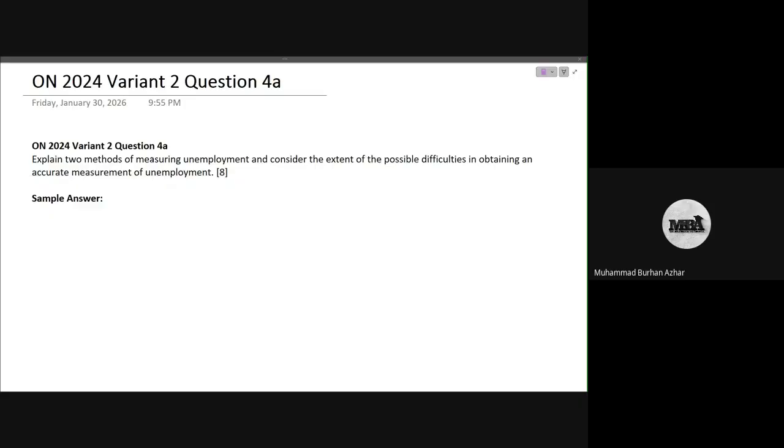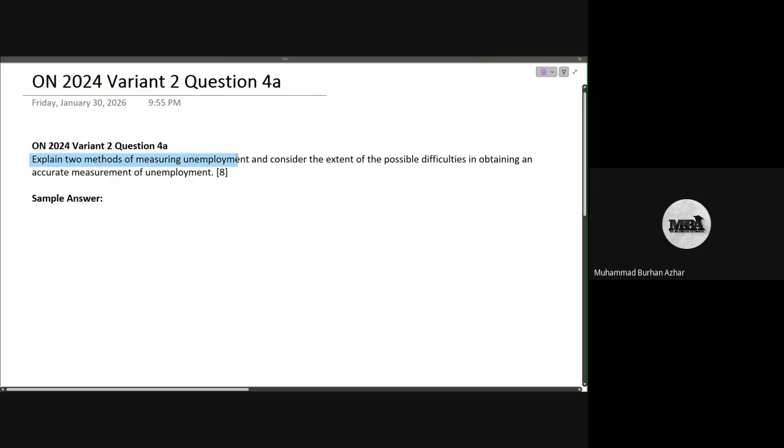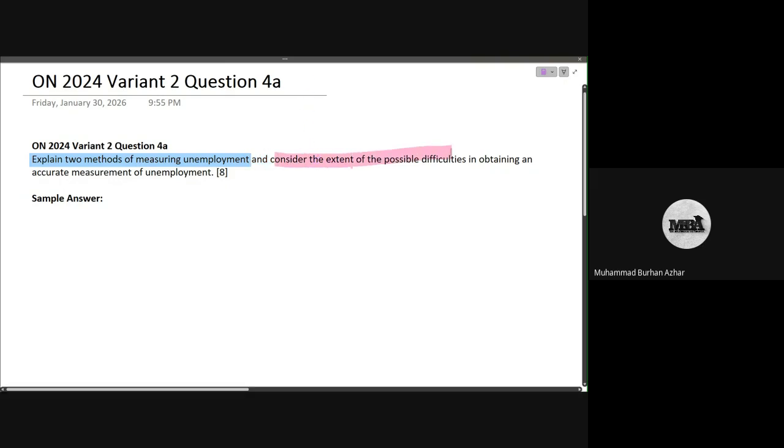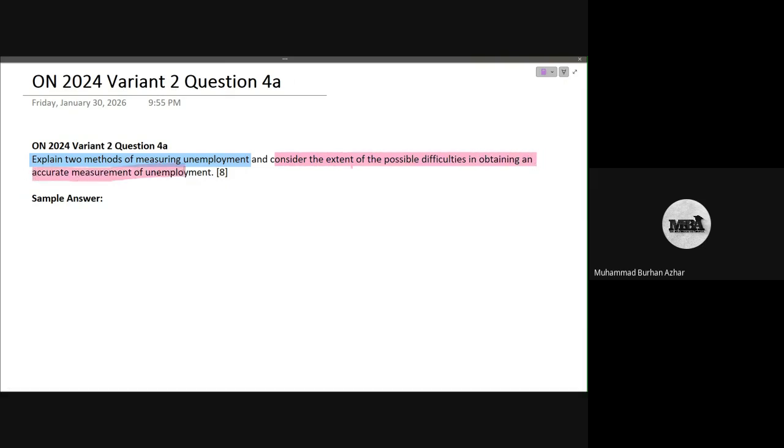So we have another question on unemployment today. It was tested in October, November 2024, paper 2, variant 2 and question 4A. And this was on a topic which has become examiners' favorite in the last couple of years. And that is explain two methods of measuring unemployment. And the second half of the question tests, consider the extent of possible difficulties in obtaining an accurate measurement of